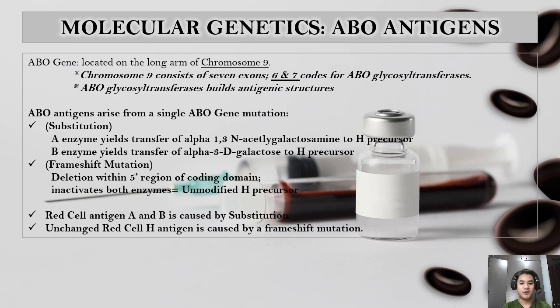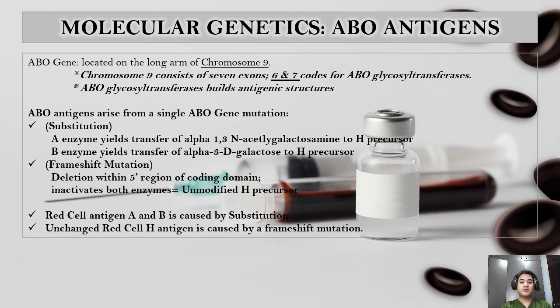gene mutation. Two of the mutations are substitution reactions, and when we say substitution, it always has something to do with amino acids and amino acid sequences. So now the action of this mutation initiates the change of the glycosyltransferases from A enzyme into B enzyme or vice versa, while deactivating the other enzyme, depending on the gene or genes inherited by the progeny from its